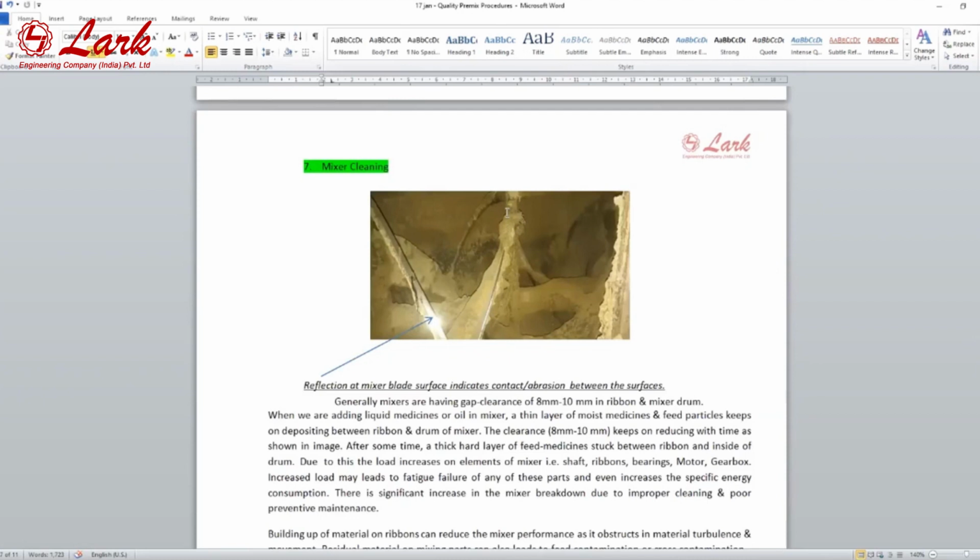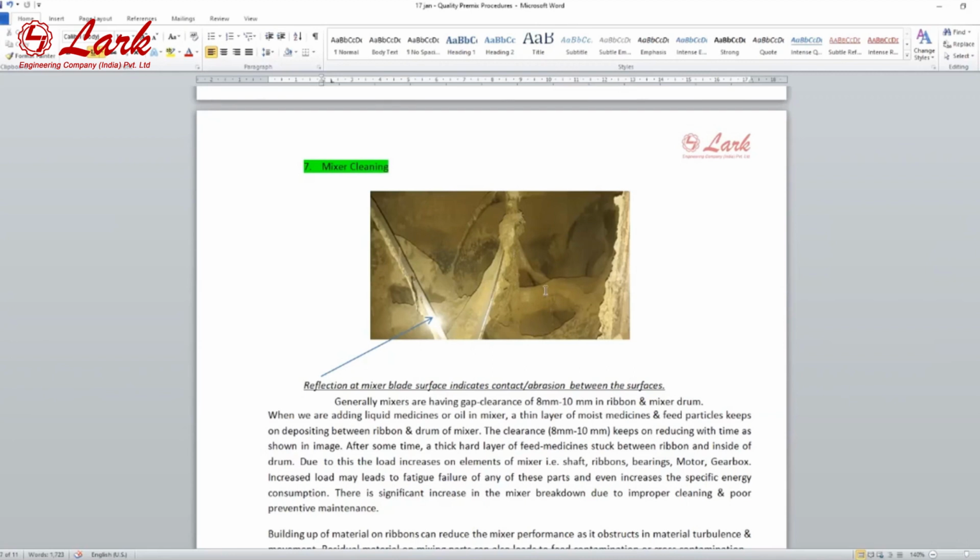For example, we have to add to a 500 kilogram batch of premix a medicine which is only 40 grams or 60 grams. If we put that medicine initially into the empty mixer, the medicine may get stuck in these dead corners. So what we have to do is fill the mixer firstly with the base material or the